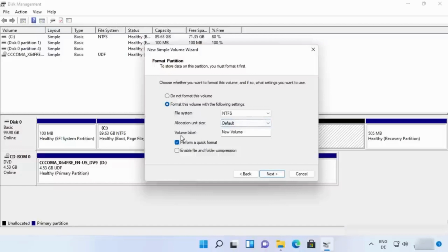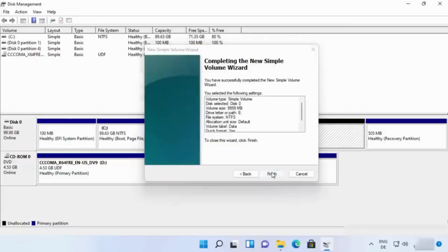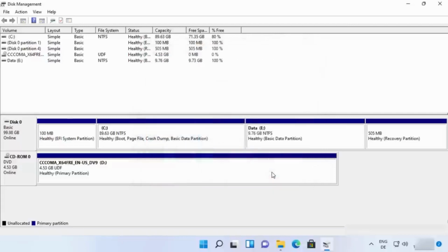You can give the name or volume label to your drives. So by default it's new volume, but you can change it to anything. I will name it as data. Okay, so the new volume label will be data, and then you just need to click on next and then click on finish. As soon as you click on finish, you will be able to see this kind of notification,